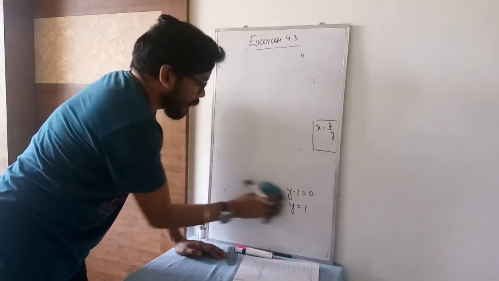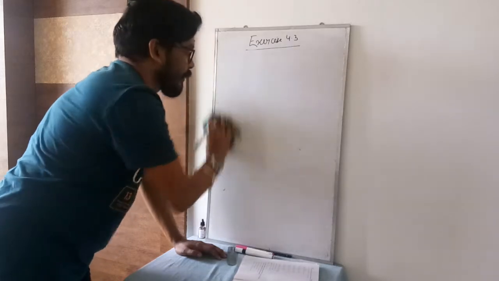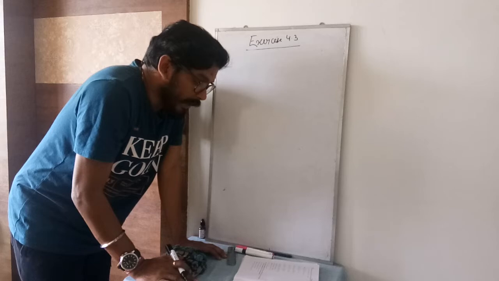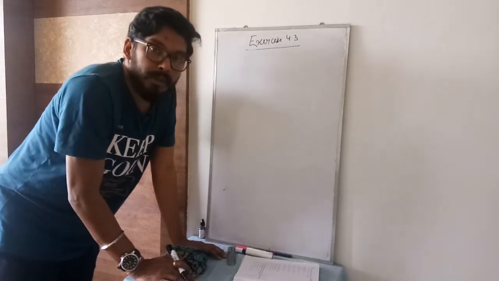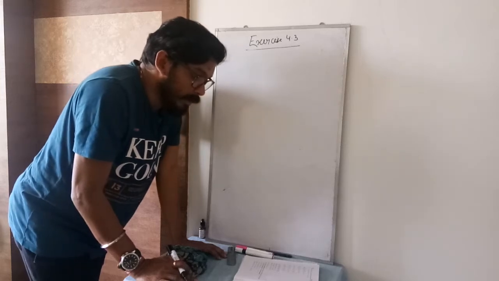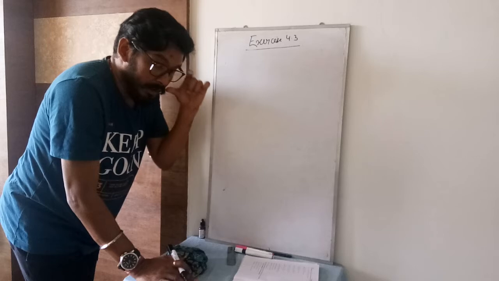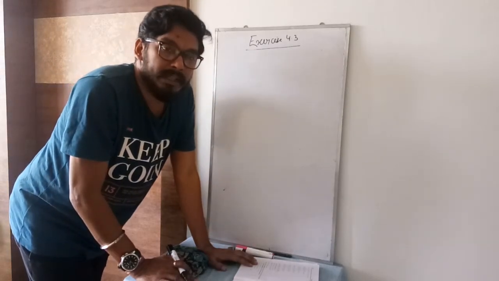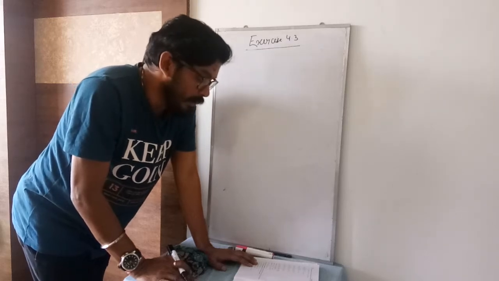Next, question number 20. Now we will discuss question number 20. Question number 20 you can give star mark. They have said find the coordinate of the point at which x-axis and y-axis intersect the curve represented by the following equation. So this is the curve which is given, and you have to find out at x-axis in which point it cuts and in y-axis at what point it cuts.